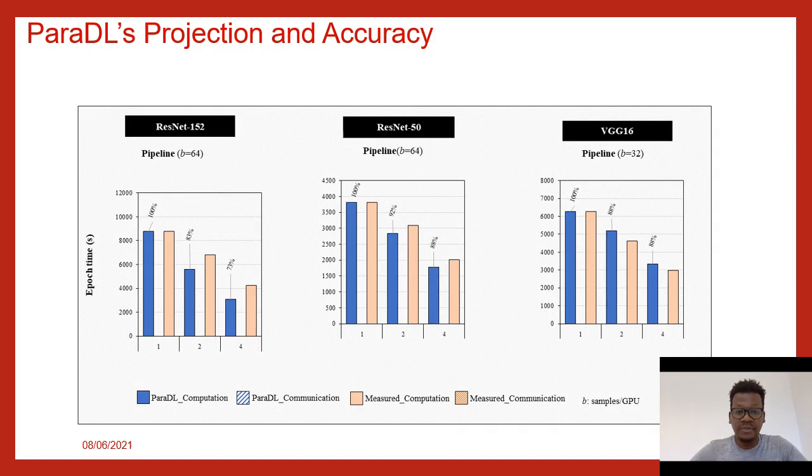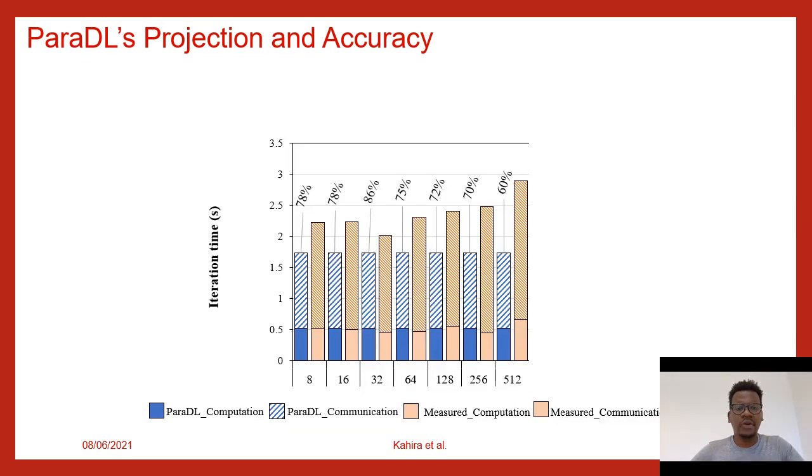We were able to achieve pretty good accuracies, and the key thing with pipeline parallelism is that to be able to achieve very good accuracies, you need all the stages of the pipeline to take around the same time. And we used ParaDL to determine the best way to split the model in order to achieve very good accuracies. Finally, with CosmoFlow, the 3D accuracy, we were also able to achieve accuracies of above 70% for